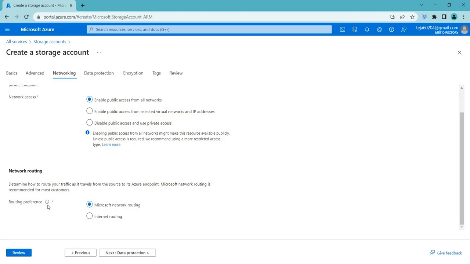And coming to the routing preference, we have two different options: Microsoft Network Routing and Internet Routing. Microsoft Network Routing is used for data transfers within the Azure network, which includes the resources and services hosted within the same Azure region. When data is transferred within the Azure network, it typically has lower latency and higher bandwidth than data transferred over the internet. So Microsoft Network Routing is generally more secure and reliable than Internet Routing, since the data never